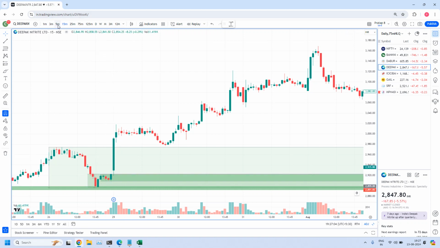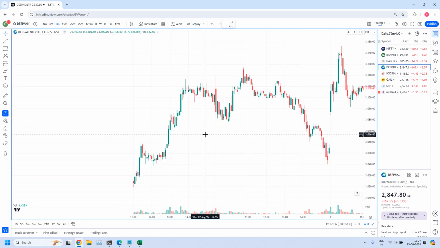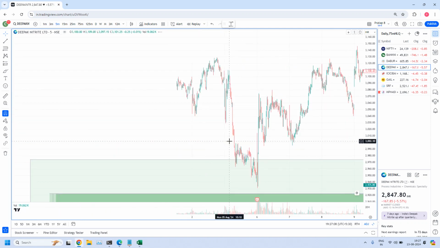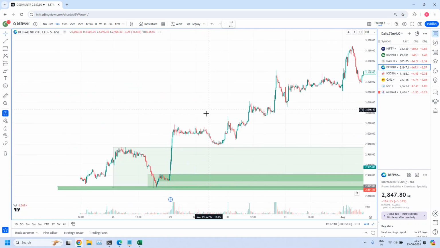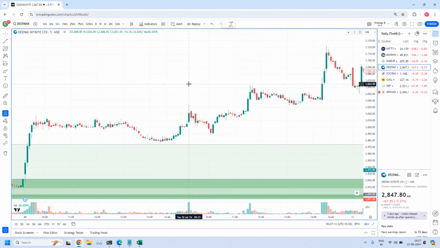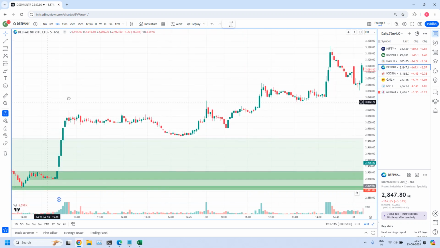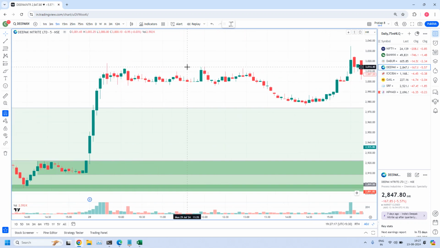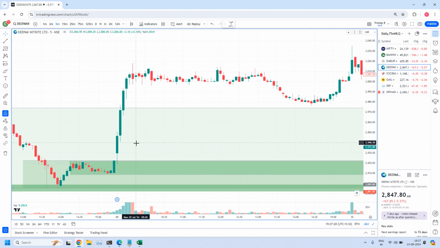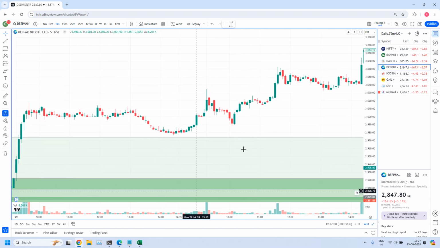Look into the 5 minutes time frame. In the 5 minutes time frame, see all these base candles. Here we have a leg, rally candle, base candles, 1, 2, 3, 4, 5, 6, 7, 8, 9, 10. So what happens to this fine-tuned zone? It will be violated. This entire zone will be violated.